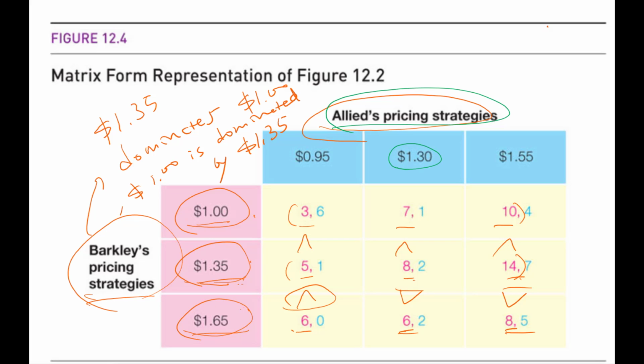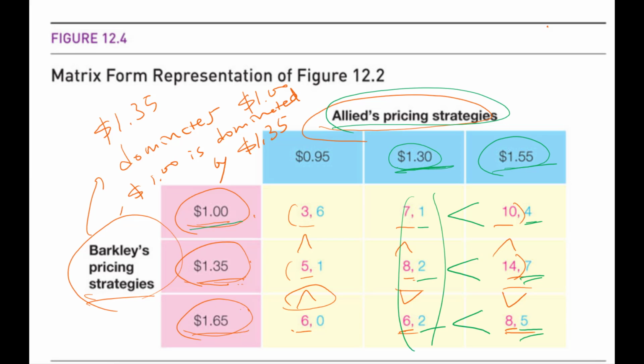If you compare these two strategies, $1.30 generates 1, 2, 2, and $1.55 generates 4, 7, 5. So depending on what opponent Barkley does, 4 is greater than 1, 7 is greater than 2, 5 is greater than 2. So when you compare these two vectors in blue ink, strategy $1.55 generates greater payoff than the other strategy for Allied. So you can say for Allied, $1.55 dominates another strategy, $1.30, or in other words, you can say